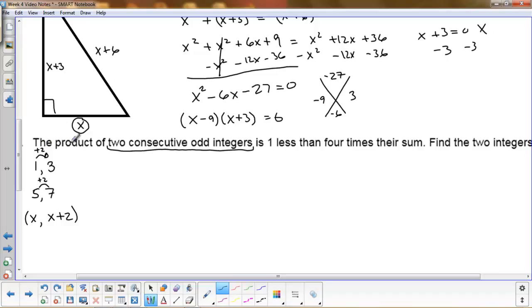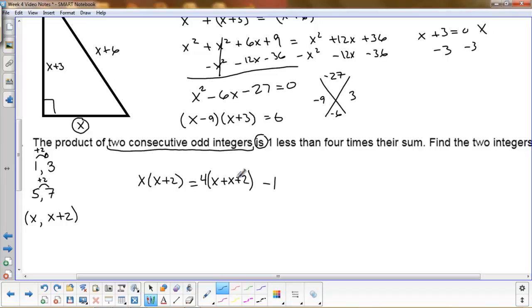Answer: the product of 2 consecutive odd integers. Okay, so let's multiply those together. X times x plus 2. Is my key, that's my equal sign. 1 less than, that's my backwards translation, so I'll put it out here at the end. 4 times their sum. So sum means add, so I'm going to multiply and then add them together, x plus